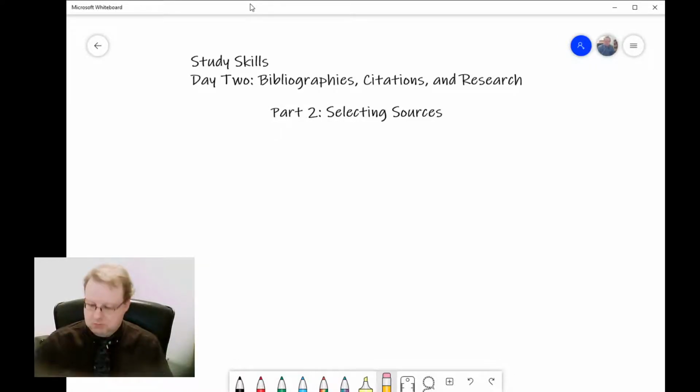So now that we know the importance of properly citing sources, we need to understand the best way to select our sources. Because not all sources are made equal. If you want to find out about astronomy for a physics research paper, you don't want to go to YouTube